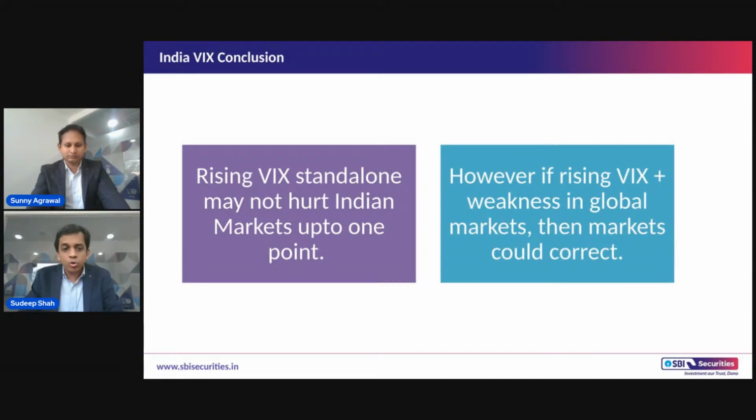तो जो मैंने आपको बोला 3 जो ओकेजन है जहां पे उसमें से 2 बार निफ्टी ने गेन दिया था और वहां पे इलेक्शन इवेंट था, लेकिन बाकी के जो 6 बार थे जहां पे निफ्टी ने लॉस किया था, करेक्शन देखा था, उसमें से 4 बार ग्लोबल मार्केट्स were also in a big downtrend. So this brings us to one observation and conclusion that rising VIX standalone may not hurt Indian markets beyond a particular point, but अगर राइजिंग VIX के साथ ग्लोबल मार्केट में वीकनेस है, तो मार्केट्स में आपको करेक्शन दिख सकता है।